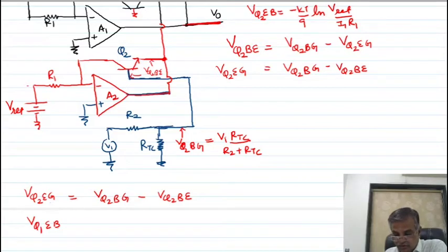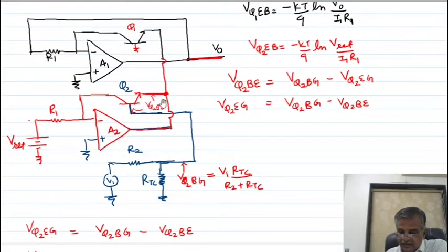So this can be written also as Q1. Look again. Ground I am writing base. See, ground base. Here you written this is a ground, so it is base. So instead of ground, base is grounded, so I can write base. The emitter potential of transistor Q2 and Q1 are joined, you can say. So this potential or this potential. If you want to write this potential, here I will write emitter. Instead of Q2, what should I write? Q1. So there is no difference between these two. So please take care. There is no difference.